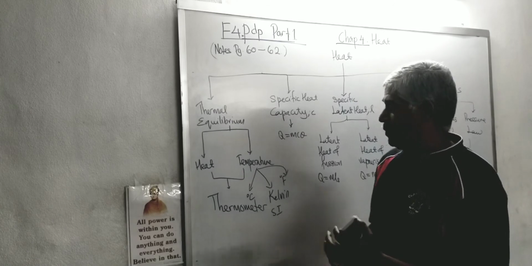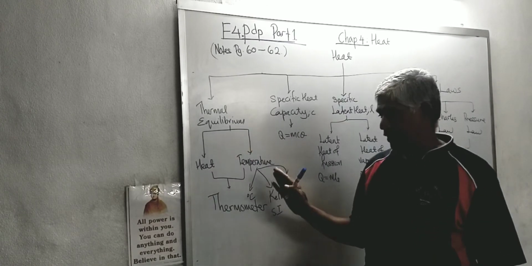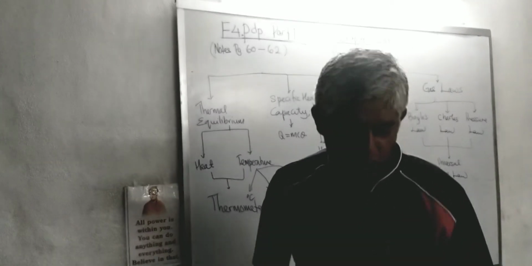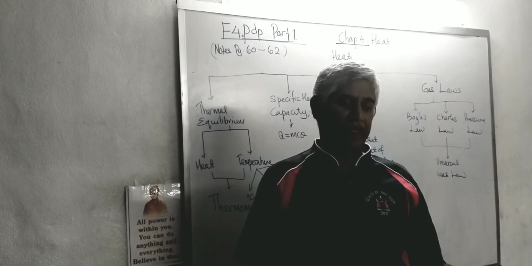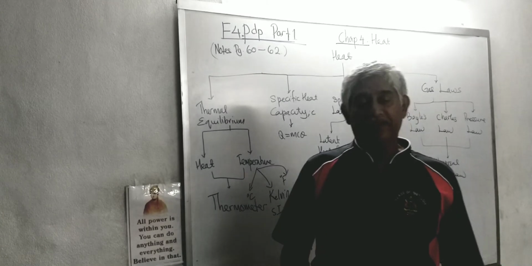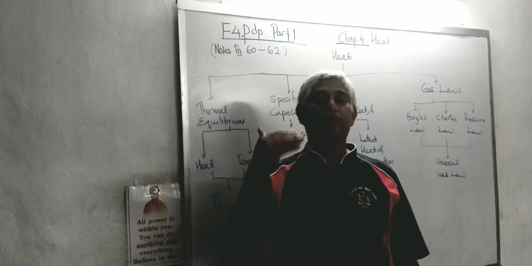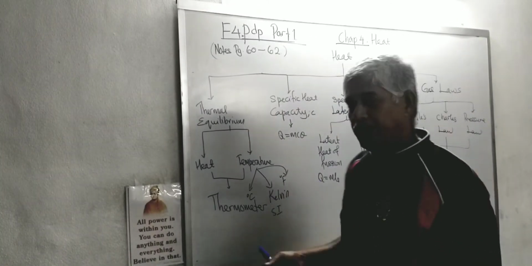In this first part, these are the two concepts you are going to see: heat and temperature. Heat is a form of energy which flows from higher temperature to lower temperature. Heat is transferred from a hotter object, at higher temperature, to a colder object. So in SPM, if they ask what is heat, you just have to say heat is a form of energy which flows from higher temperature to lower temperature. So is it going to flow forever?